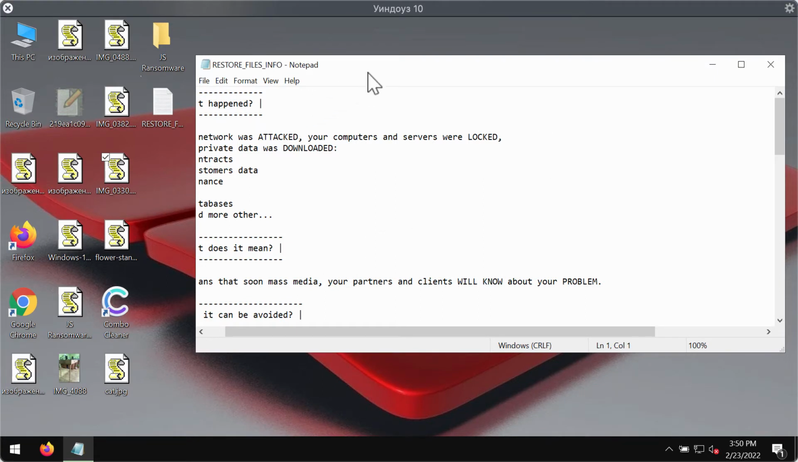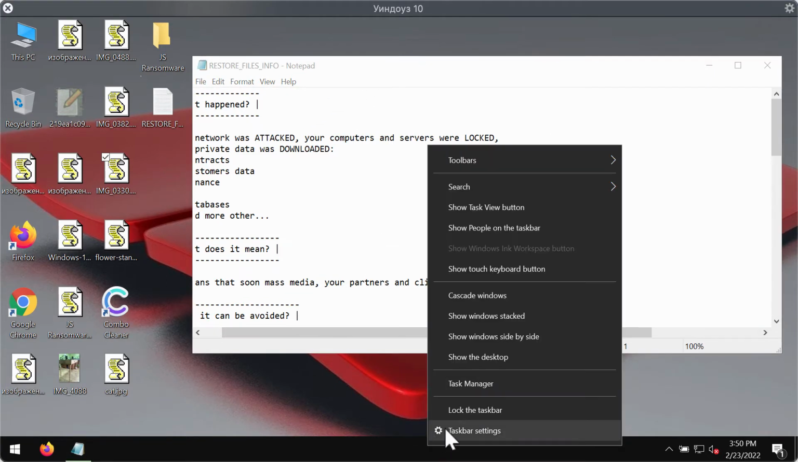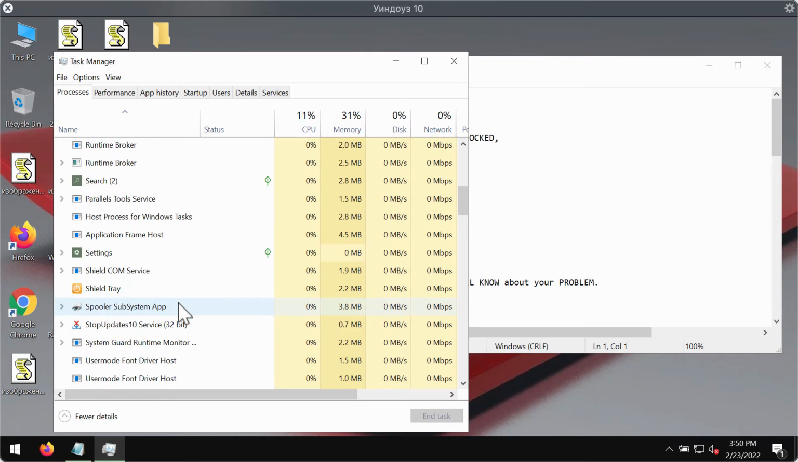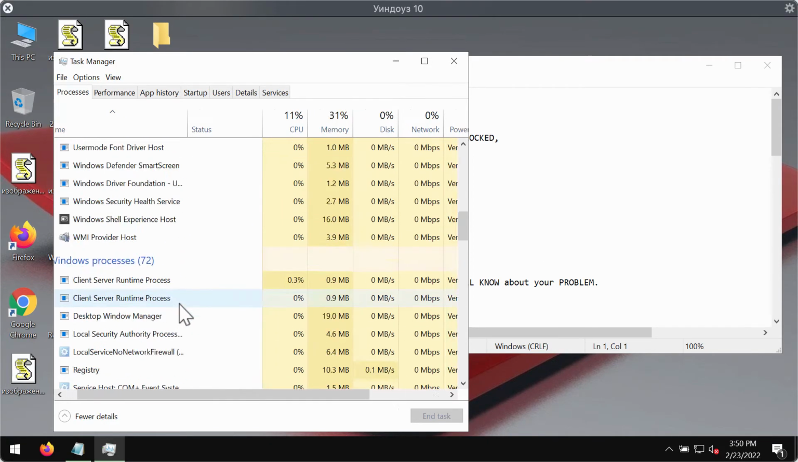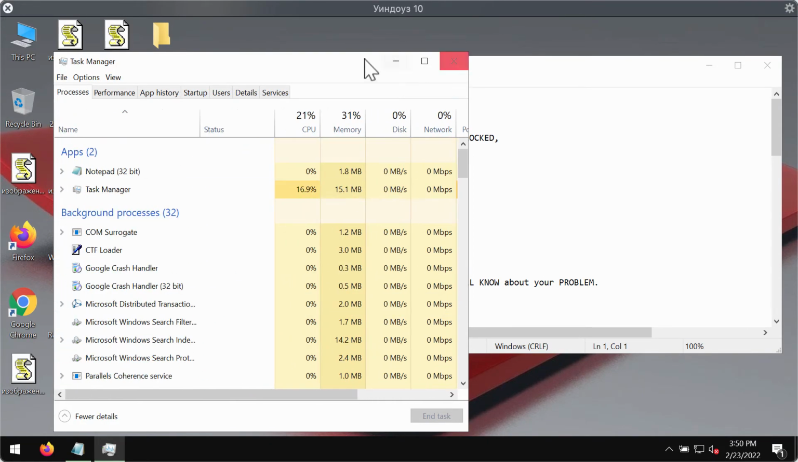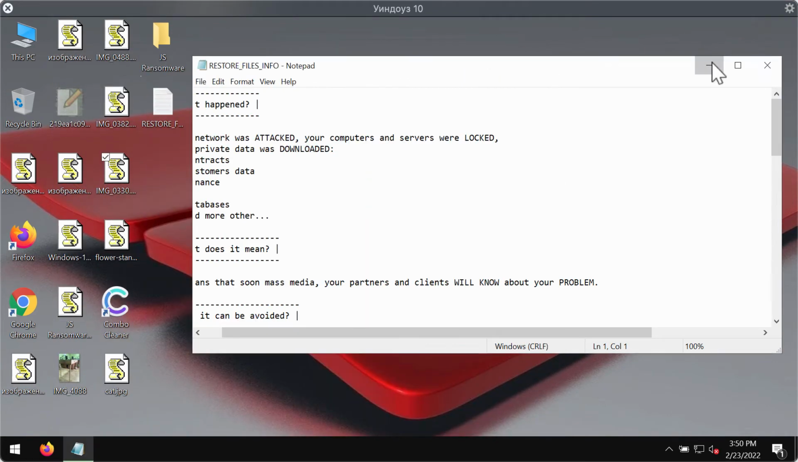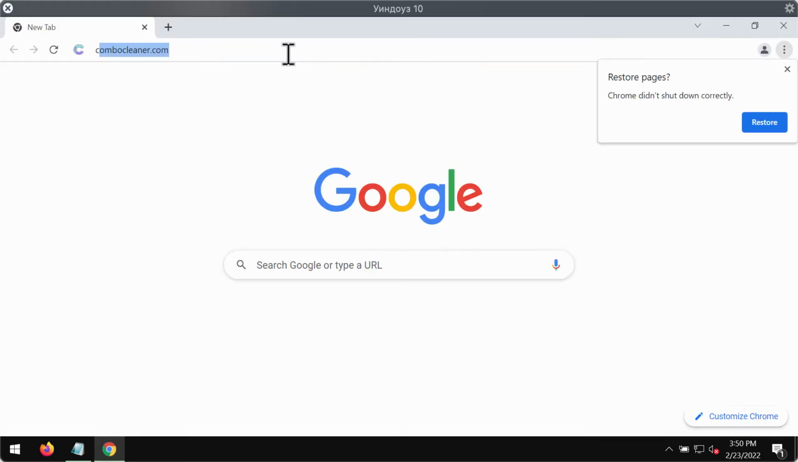We recommend you to immediately undertake certain measures to save at least some of your files. You may go to the task manager, then look for suspicious processes which could be running in the background. If you find them, you should terminate them. Now, to remove this ransomware, we suggest you to go to the website